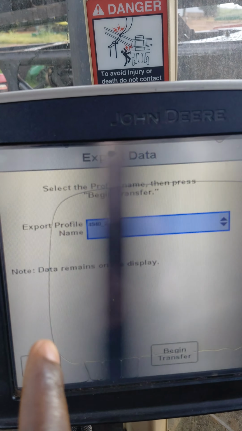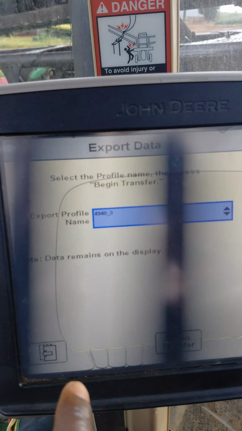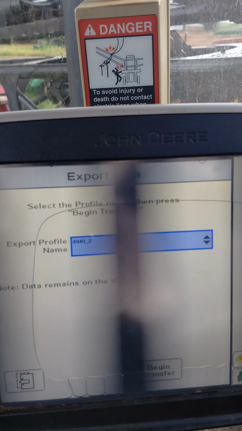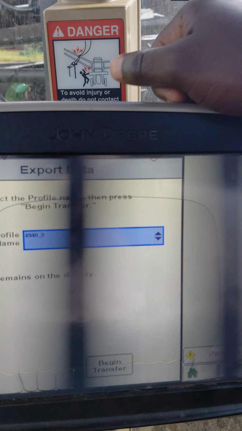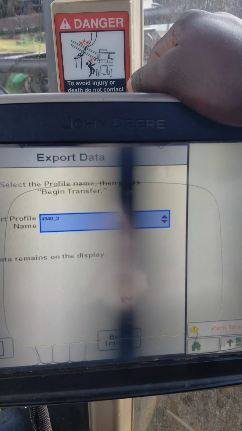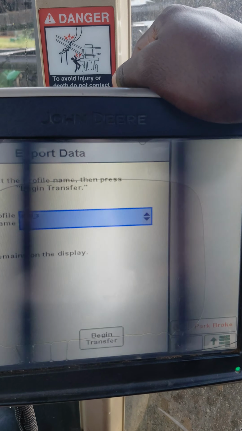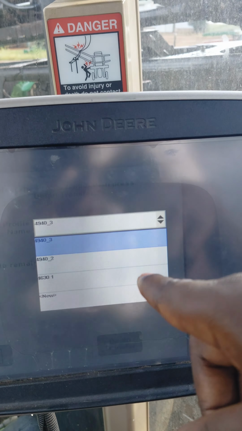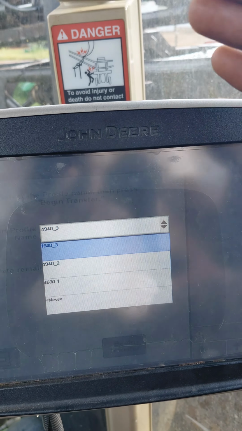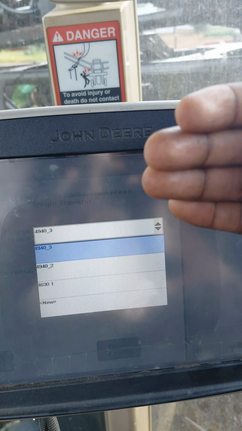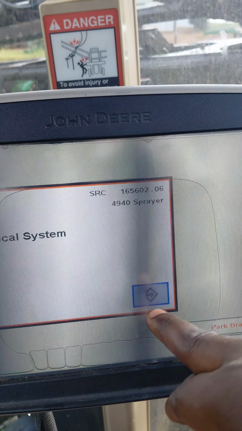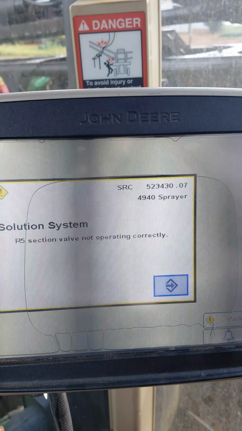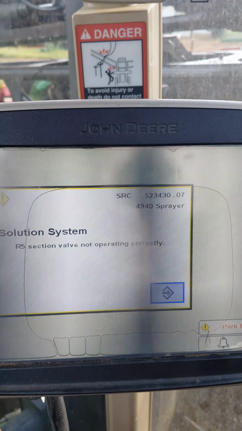This machine is 4940 number 3. In case it is your very first time and maybe you have very many machines on the farm, when you tap on this drop down menu, it will show you the machines that you've been using. So you select the one,